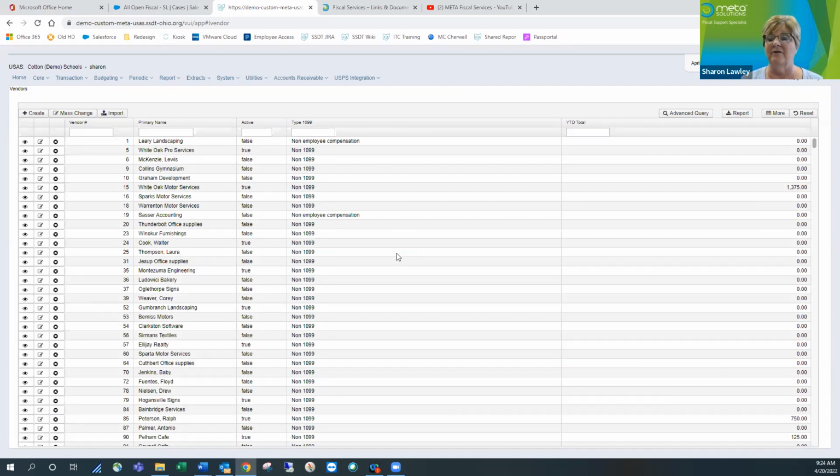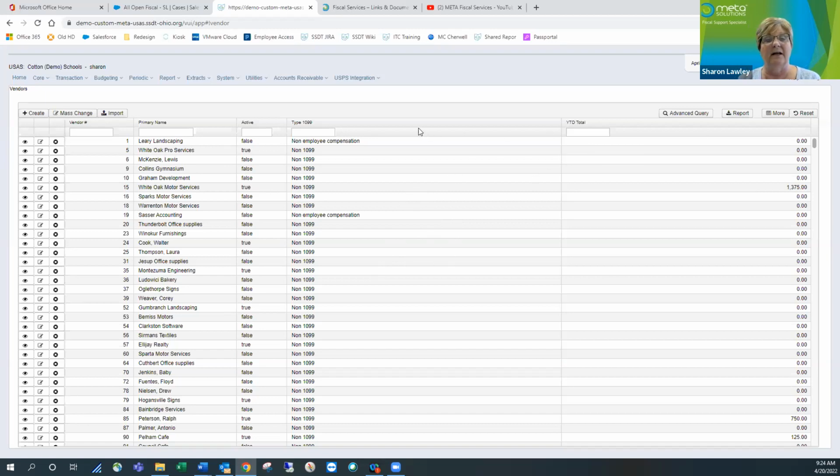Then once I see the information on this grid that I want, I can create a report, or I can save the report. And once the report is saved, I can go to the report manager and make my changes. Okay. So for example, we're in the vendor screen now. And these are all